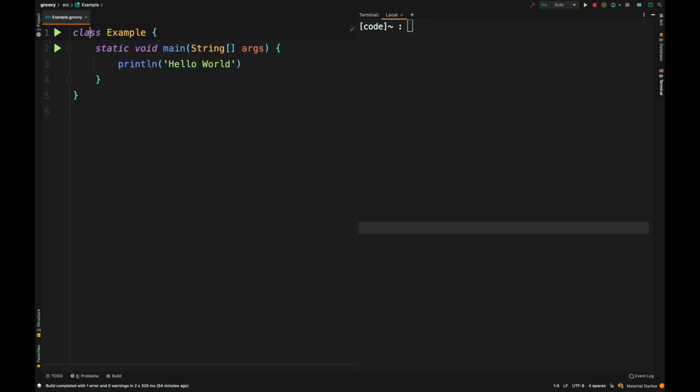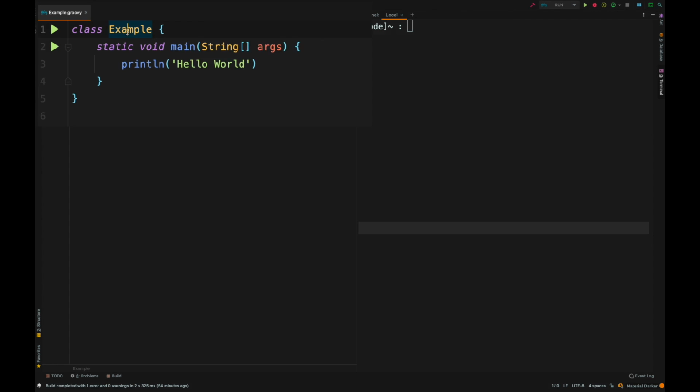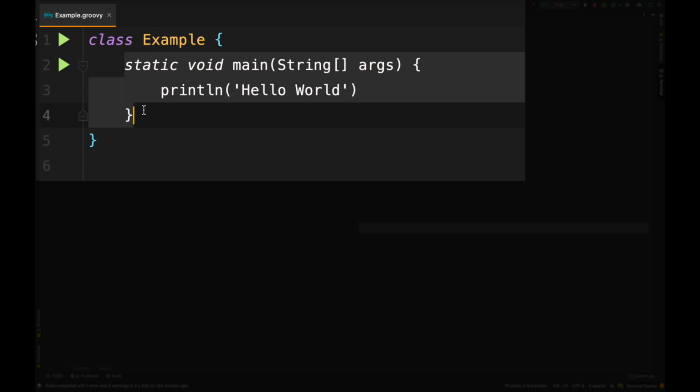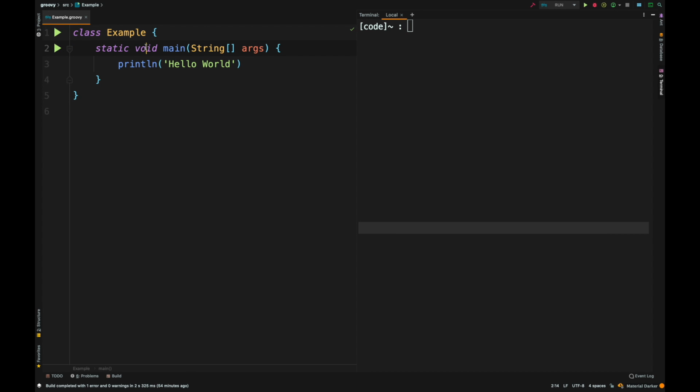For example, here I created a class and I named it example. And then we have this function. I understand you're not aware of what this is, but this is a function. So how do we know this is a function? Well, we wrote it, we know this is a function, but how does the compiler understand that this is a function? The compiler understands because we followed certain rules. So we started with the keyword static, a keyword void, and then the name, and then these parentheses, and then we added this code block here, and then here we give 4 spaces and 4 spaces here.